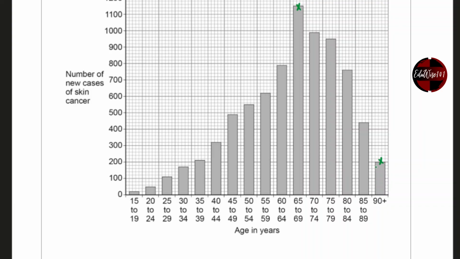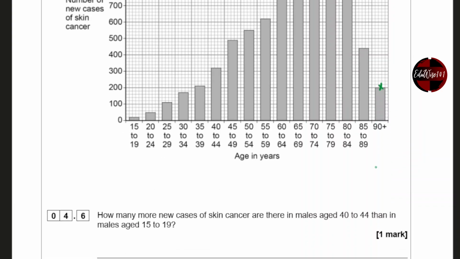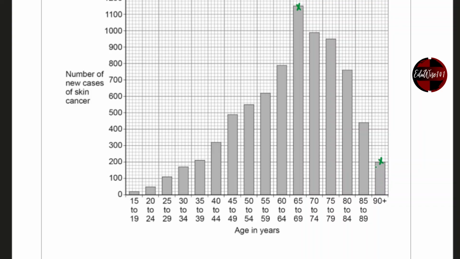Question: how many more cases of skin cancer are there in males aged 40 to 44 than 15 to 19? So 15 to 19, how many cases do you find? Now there's 5 boxes for 100. So 100 divided by 5 is 20. So here it's 20. And 40 to 44,